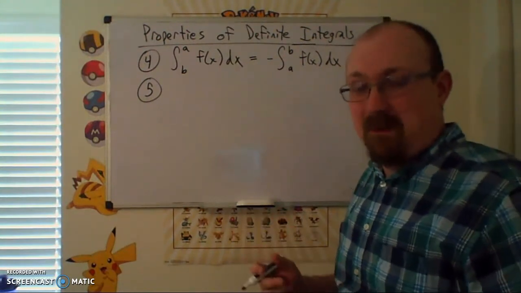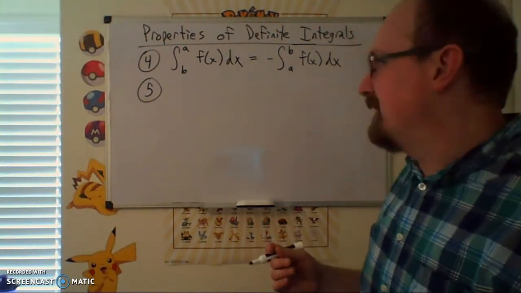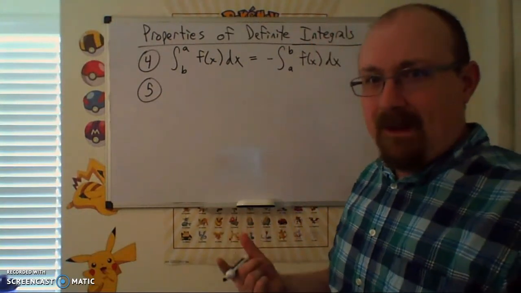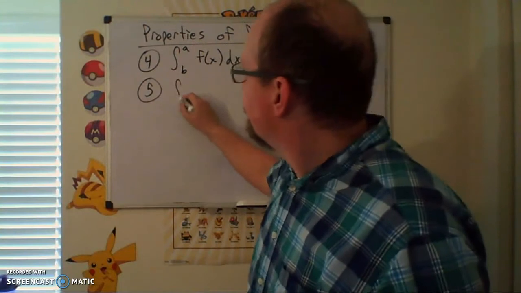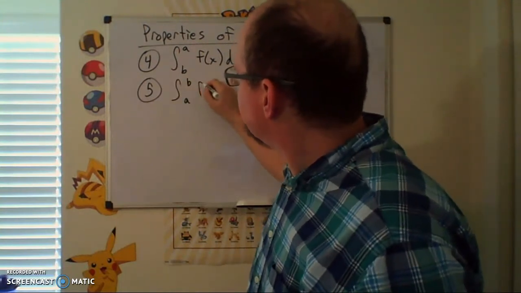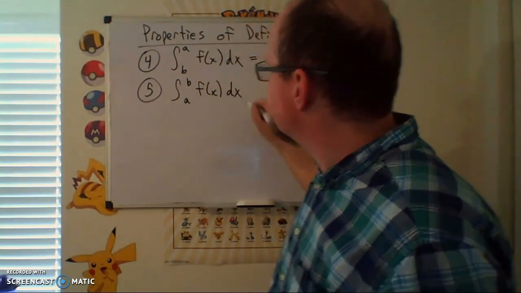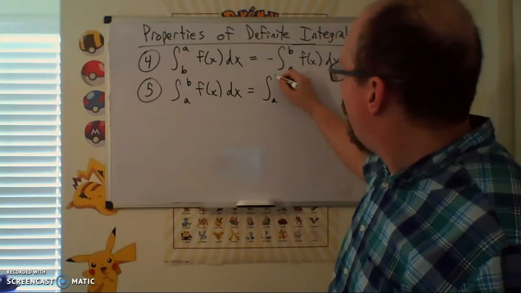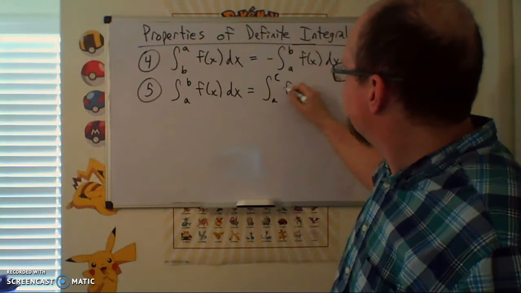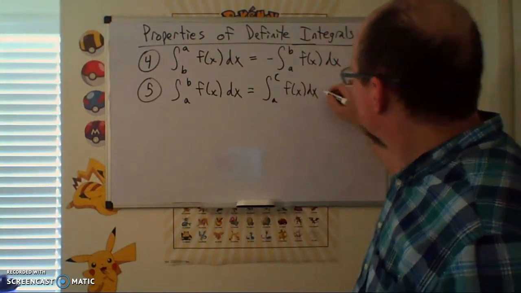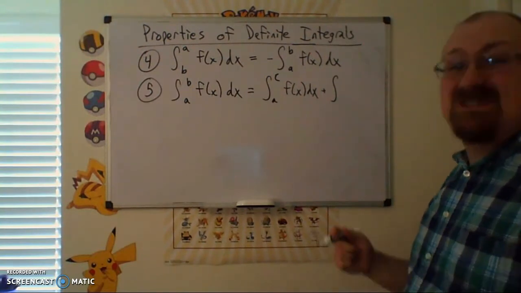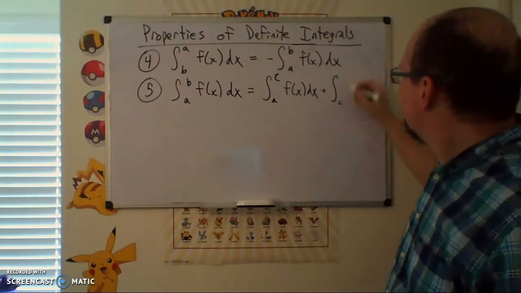Property 5 does have a pretty clear geometric interpretation. I generally refer to this as what I call the splitting property. So you'll see what that means in just a sec. I'll go ahead and write it up, and then we'll talk about the setup. So we're splitting a definite integral up into 2 separate definite integrals,